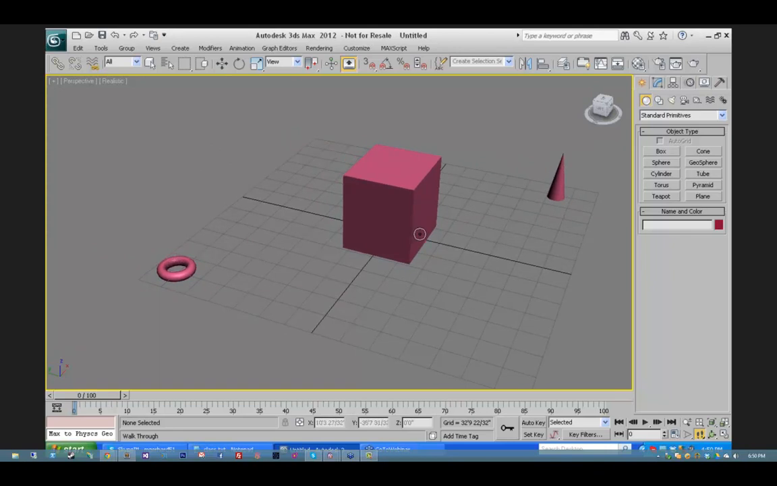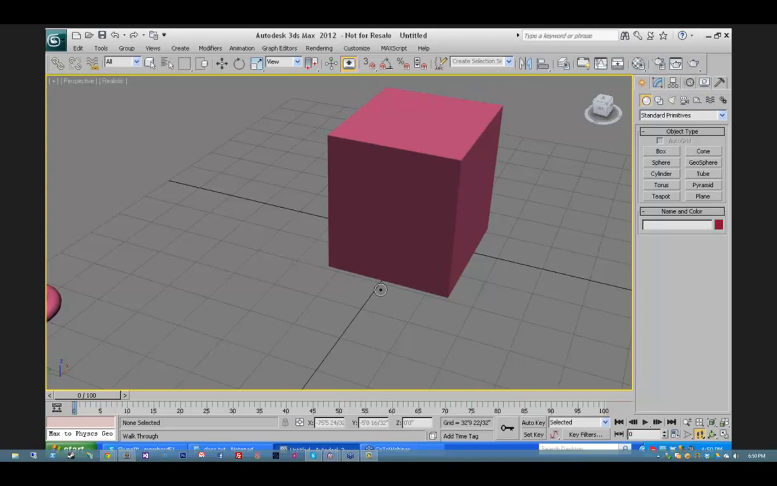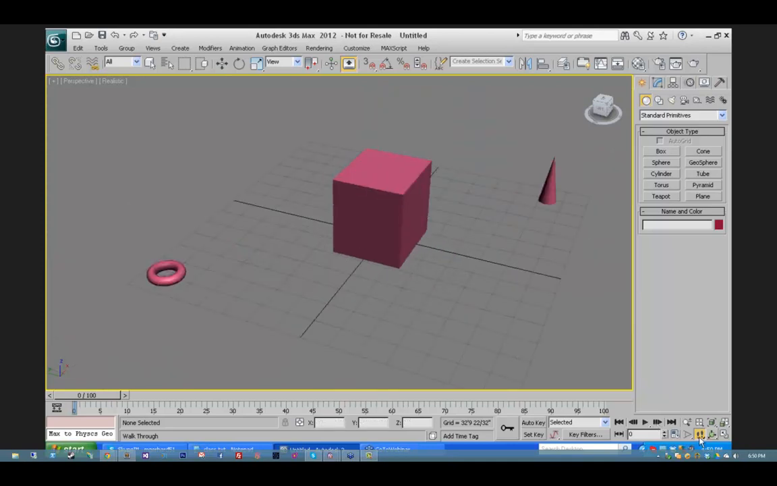Steve asked, isn't it just MMB pan? MMB also is pan, yes. Yep, you got it. So I'm going to put this back to here. So already I've shown you like 4 different ways to pan. And this is the other